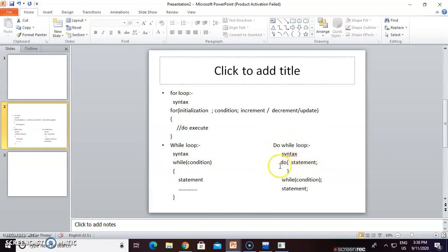This is the do while loop. The syntax of the do while loop starts with the do statement. In the do statement, we write any statement, but keep in mind that in the do while loop, even if the condition is false, the statement is executed one time, the first time. After that the condition of the while is checked. So at least one time our statement is executed even if the condition is false. First perform the do, then check the condition. That is the syntax for the do while loop.